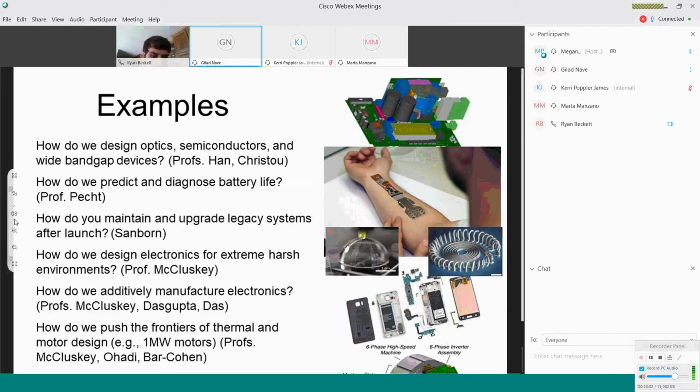If you look at the pictures on the right-hand side, the top is the power module. In the middle, you see some printed electronics that are both placed on a prosthetic arm, or could also be placed as a sensor system on an actual arm for health monitoring. You see some coils that have been 3D printed, and 3D printing on a dome. You also see the packaging that goes into making an Apple iPhone, and finally at the bottom you see power electronics integrated onto a high-power motor.